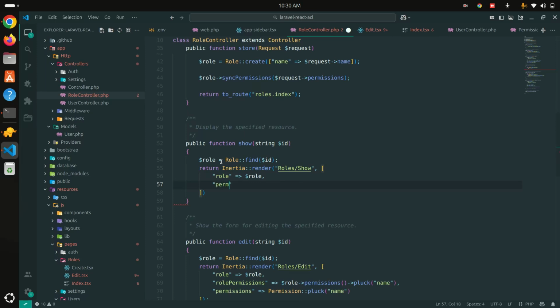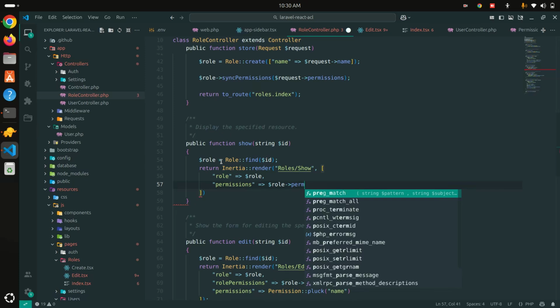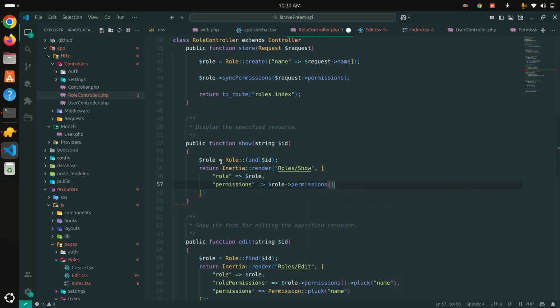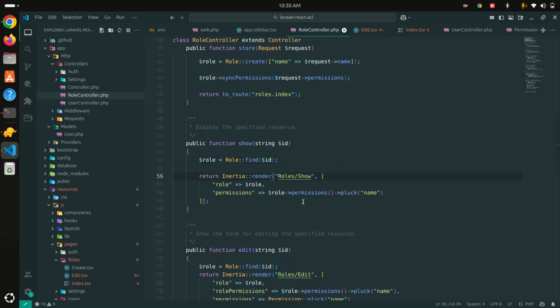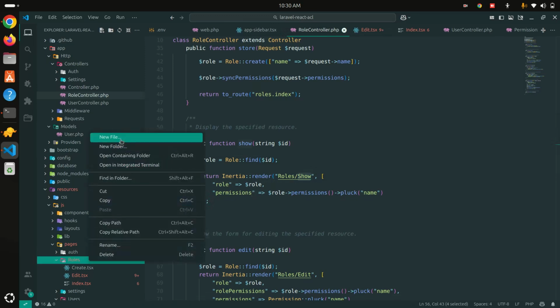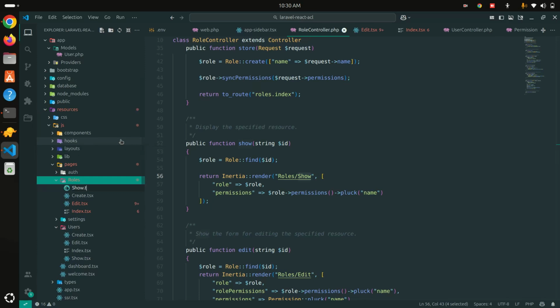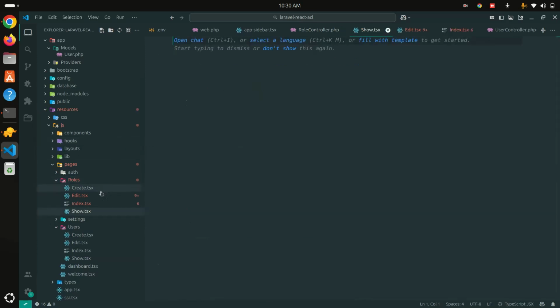So I will just call permissions. Okay, and then I will pass the role permission over here. So just say permissions, and I will use pluck because we just need the name. That's cool. Okay, save. So that means we are going to create a new show page, and we have passed the role and permission data. Okay, so let me go and create a new file over here, show.tsx, hit enter and